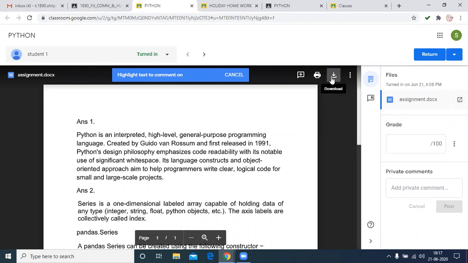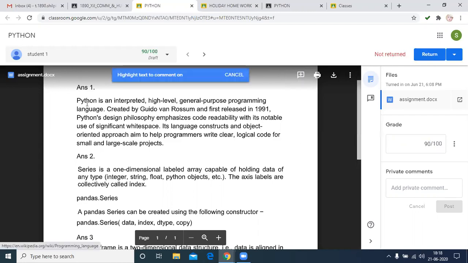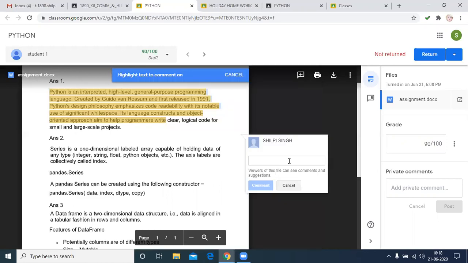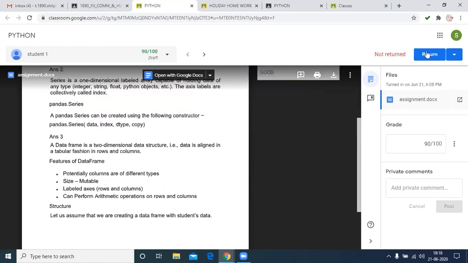There is a download option. Then give the grade and return. After the grading, return to the students. Okay.